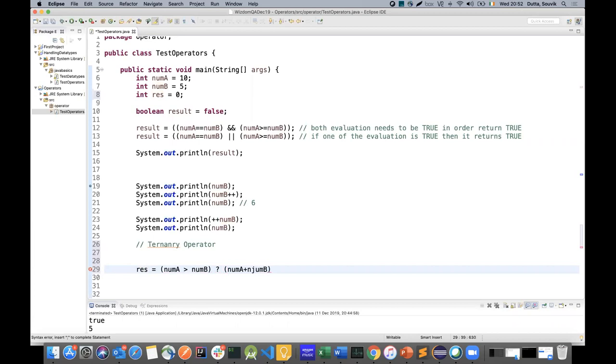And if it is not greater than that, then you have to just remember the syntax. This is the question mark and there is a colon. So when you say question mark here, you're basically trying to say,